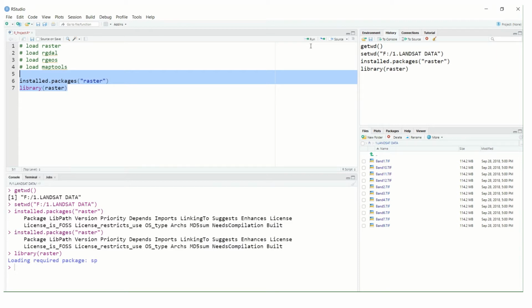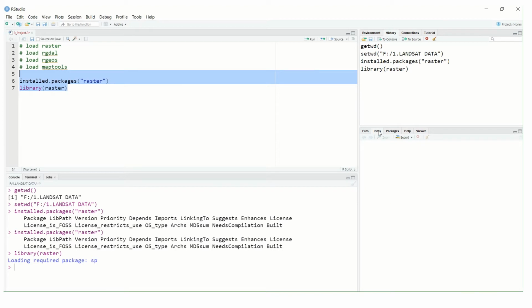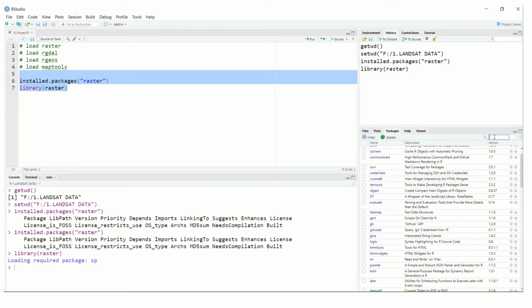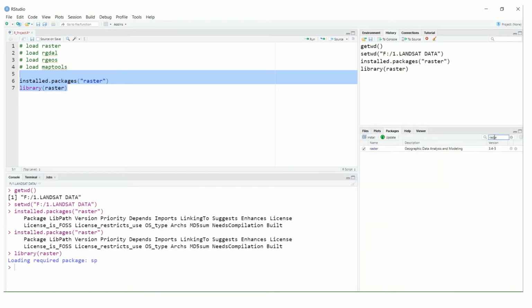You can see here the files, where the data is and where you have set the working directory. The plot area is where you see the visualization of whatever you code. And then you have the packages, both installed and non-installed. Just type raster here.